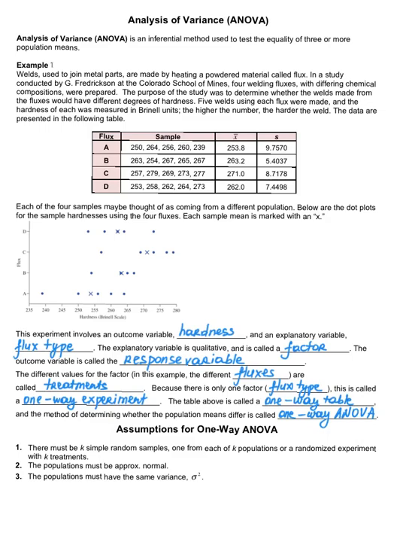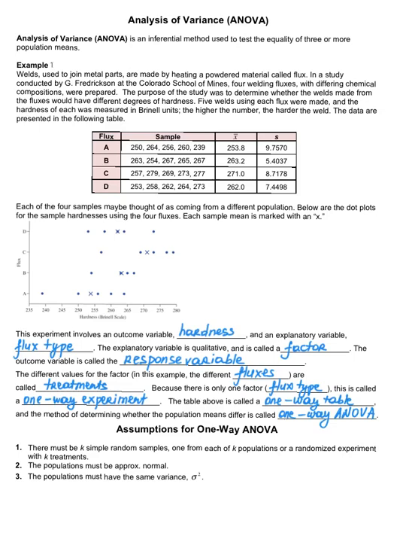We have 4 fluxes, A, B, C, D. Each one has a sample of size 5. Flux A has the following hardnesses: 250, 264, 256, 260, 239, with sample mean of 253.8 and sample standard deviation S of 9.7570. Flux B has a sample of 263, 254, 267, 265, 267, sample mean of 263.2, sample standard deviation of